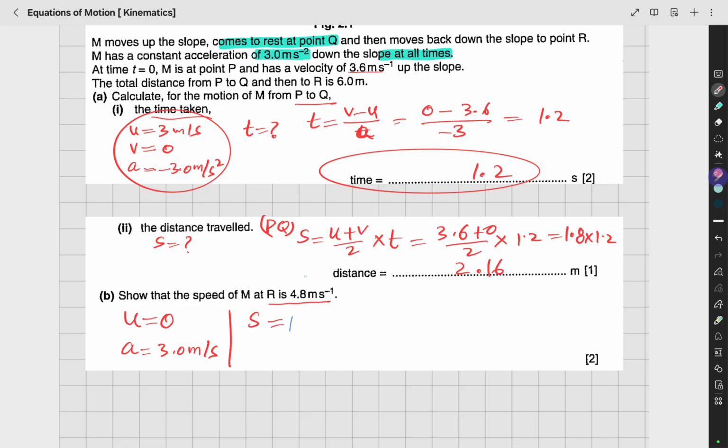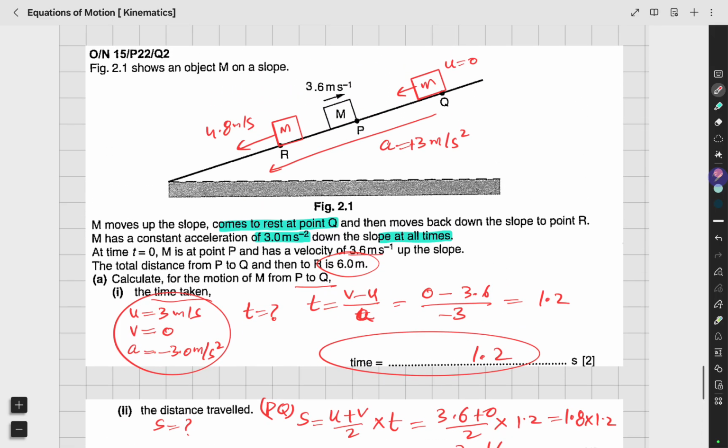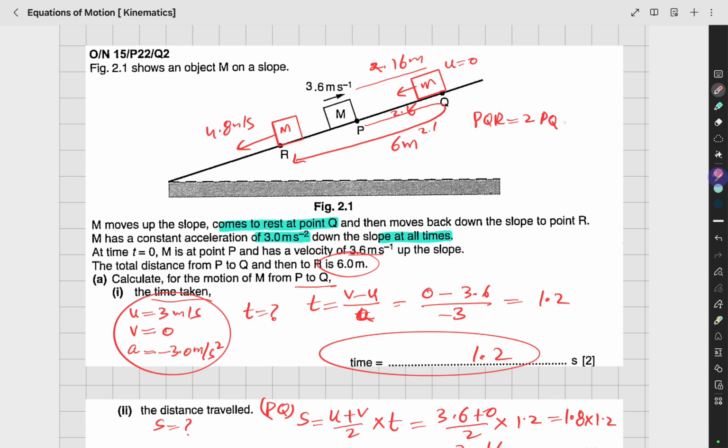We know that the initial velocity is 0, the acceleration is 3 meters per second squared, and we know the distance. They told us the total distance is 6, but the distance between P and Q is 2.16. From P to Q and back to R, the total distance is 6 meters, but from P to Q the distance is 2.16 meters, and 2.16 back. So the distance PQR is equal to 2 times the distance PQ plus